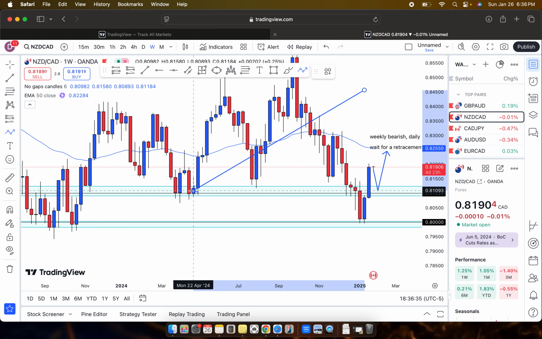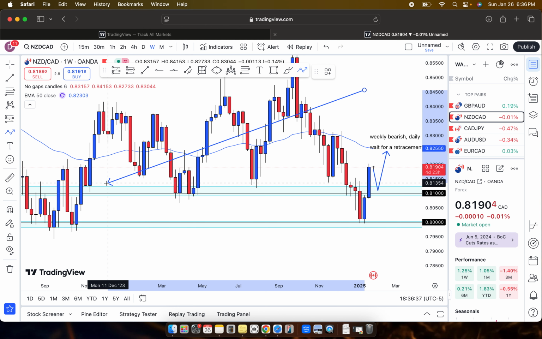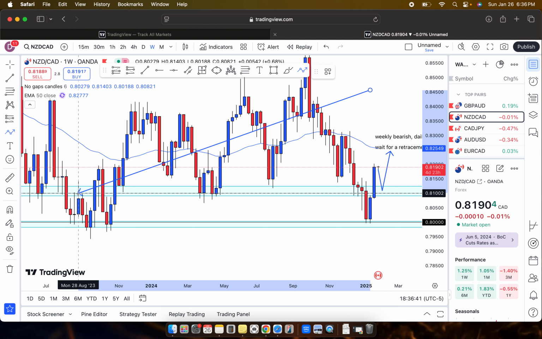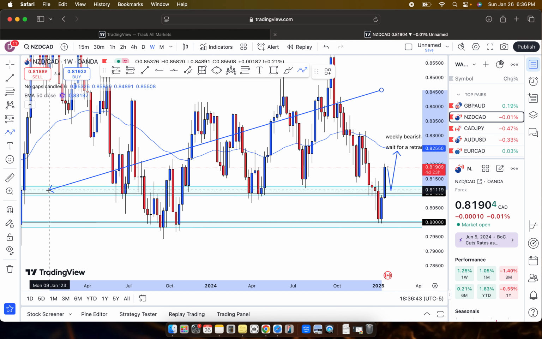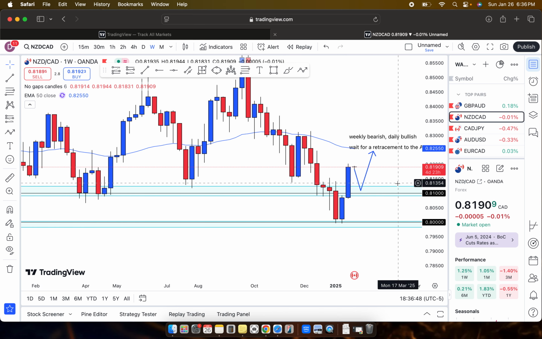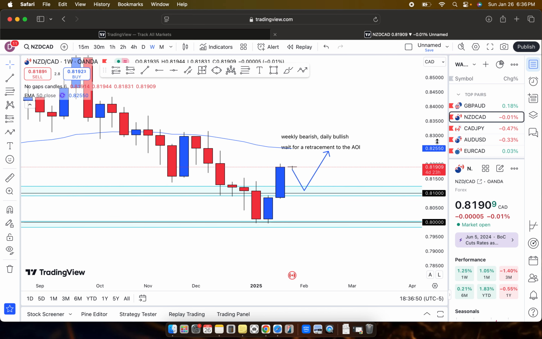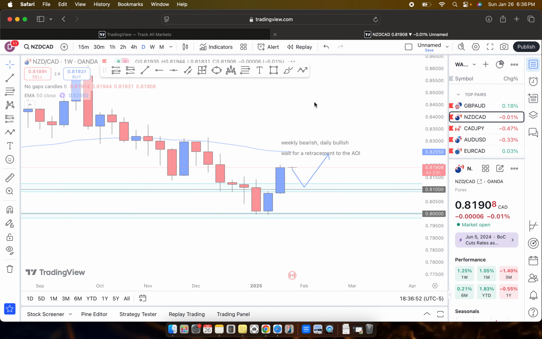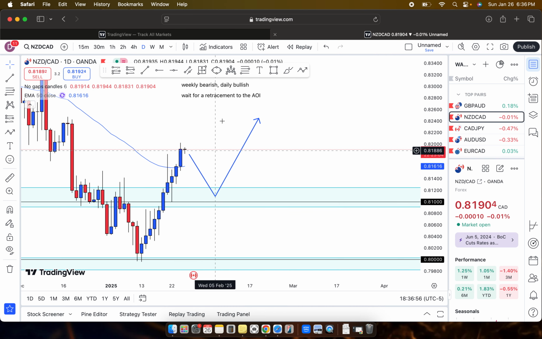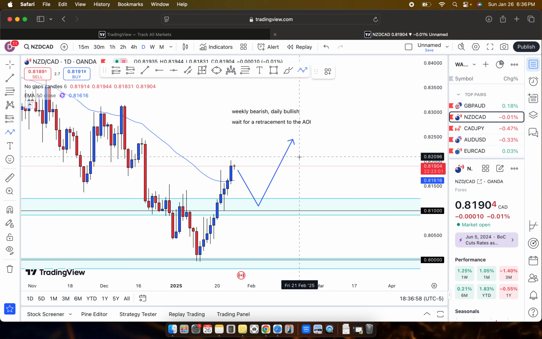It has taken support, support, support, and it has also felt some resistance, and again support in this area of interest. So now, on the daily time frame, the price is most likely going to take support at this area of interest to then continue to the